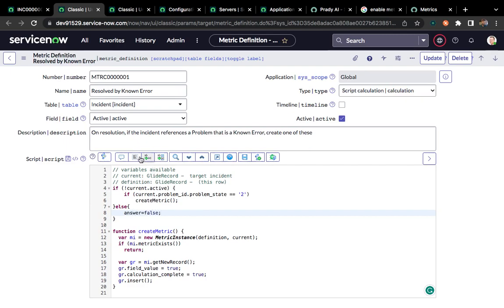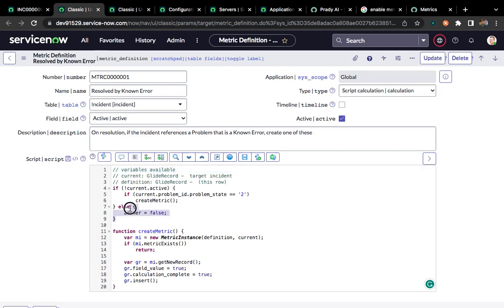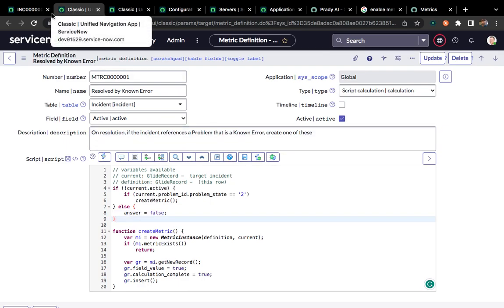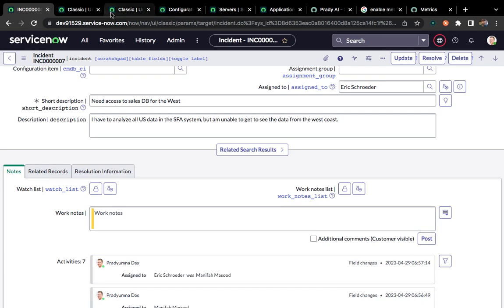It's a tricky thing. It's a best practice to always use this. Otherwise, I have seen a few scenarios where it updated the existing instance. So never forget to add this line. Okay, so once your metric instance is done, let's see how we can use that metric instance for a custom table,